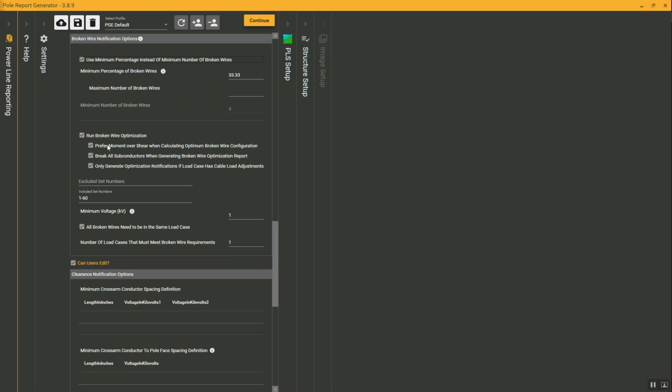Now there are a number of other settings that you can use to help filter and refine the resulting broken wire cases. You can include or exclude certain set numbers, define a voltage, so anything below a certain voltage you can cut out. And then you can also require a certain number of broken wire cases per structure that you have to enforce. So we have a number of different options here